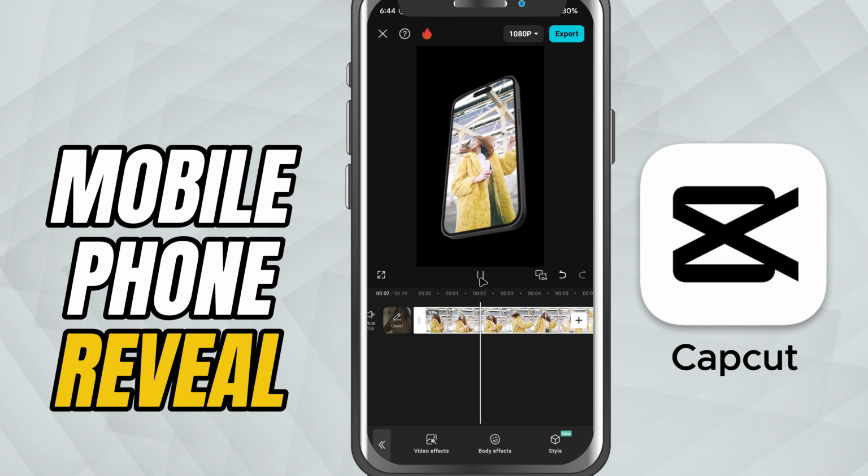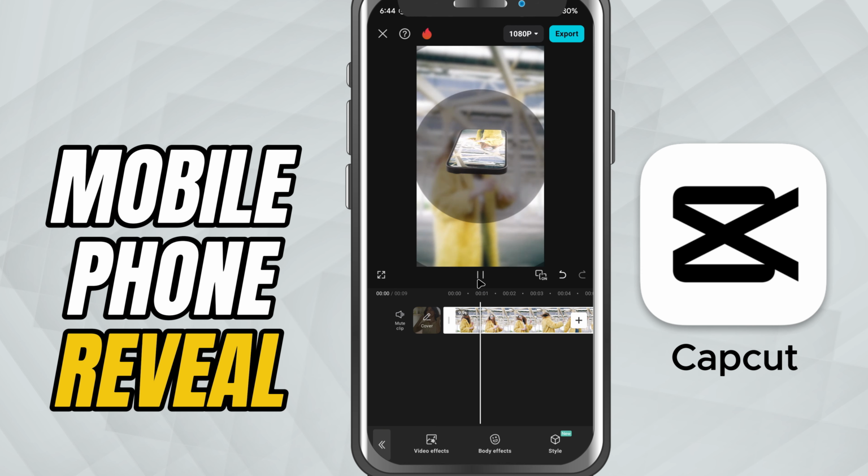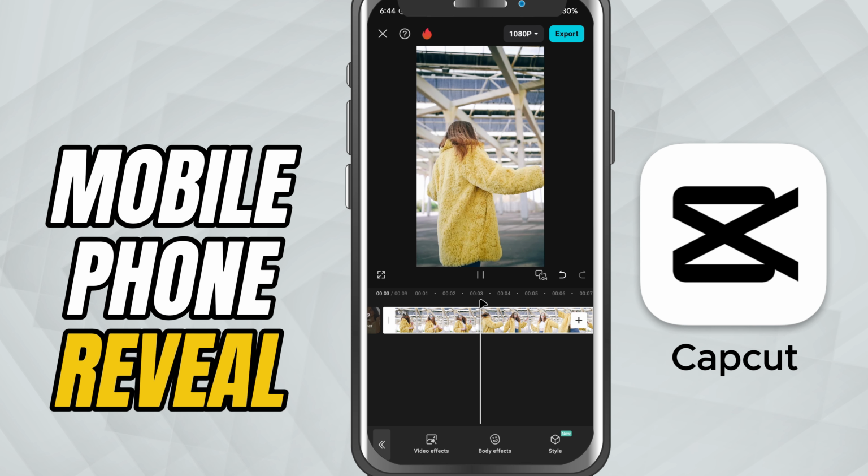And that's it. You've created an elegant mobile phone reveal effect in CapCut Mobile, great for product demos, transitions, and